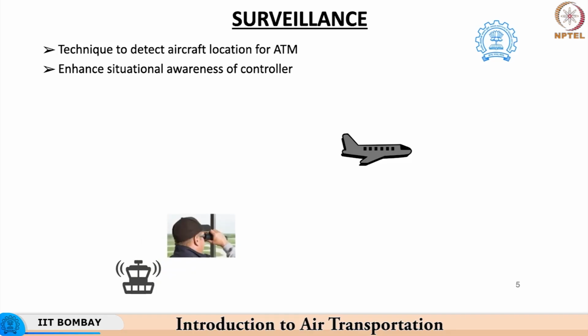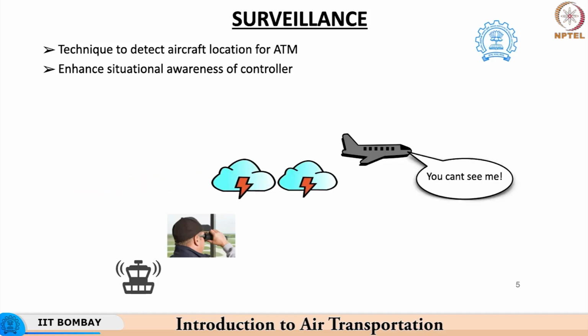So, how was this type of surveillance carried out previously, before the development of radar technologies? Surveillance was carried out across world airports in a visual manner. A controller would be sitting in the tower and would provide ATC clearances and instructions to the aircraft through radio communication while referring to his visual references. However, there was a very big limitation related to this type of surveillance technique.